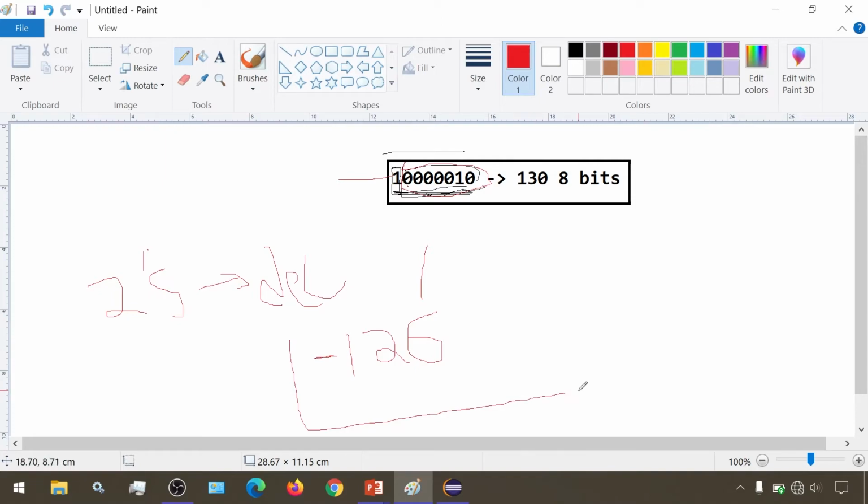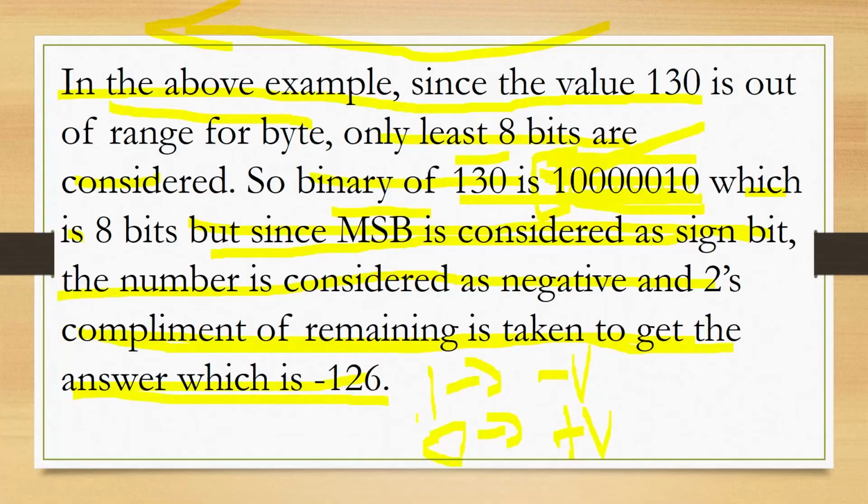So the total number -126 is obtained in such fashion. I hope it is clear that whenever a 1 is encountered at the MSB, it indicates a negative number. So the 2's complement of the remaining bits is taken, the resultant binary value is converted into decimal, and that decimal is our answer. In our case the converted decimal would be 126, and since this 1 indicates negative, the negative sign is added.